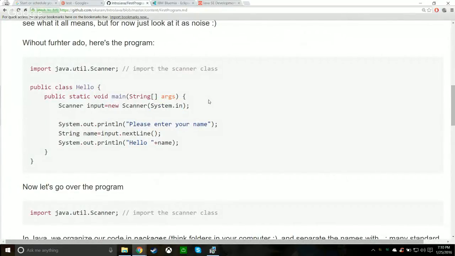Once we have created this Scanner, the Scanner class lets us do nice stuff like get me the next line, right? Or get me the next int. And it will actually read a bunch of digits and parse it and convert it to an integer. So in this particular case, you notice here we use System.in for the standard input. System.out